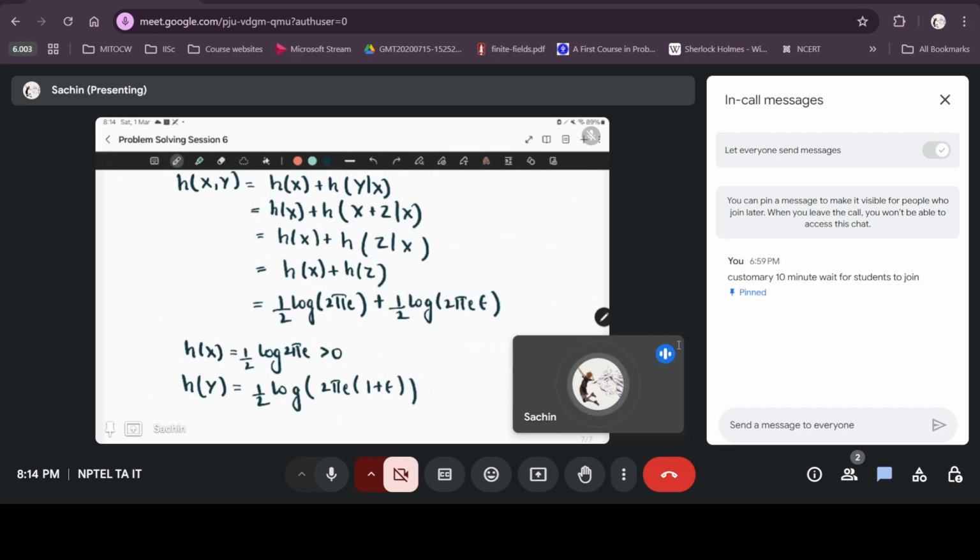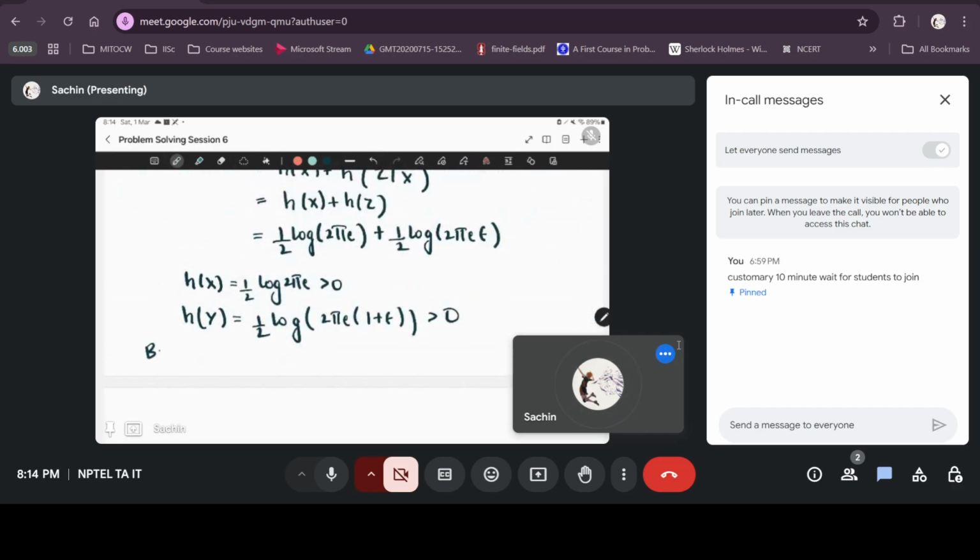Since 1 plus epsilon is greater than 1 and 2 pi e are all greater than 1, their product is also greater than 1, so log of that is greater than 0. Half log of that is also greater than 0. So both h of x and h of y are greater than 0,